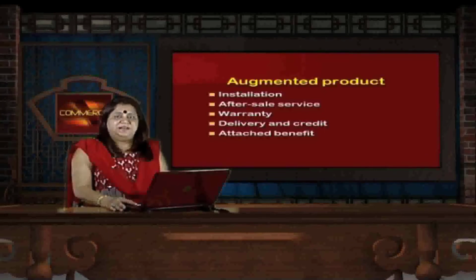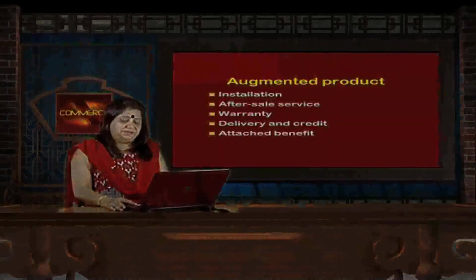So, all these benefits or all these aspects, if they are arranged by the manufacturers, then only the customers get attracted and they buy your products. The attached benefits are the promotions or the free gifts or the offers or the club memberships or the premiums or the incentives which you pay to the customers to get associated with a particular brand, or you want to get association of the customer for a long term. This basically relates to the augmented aspect of the product which the companies need to give to the customers.